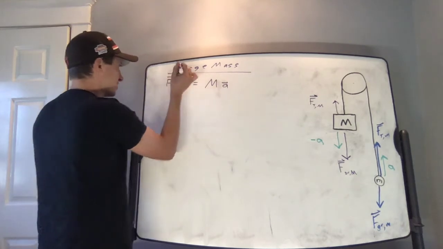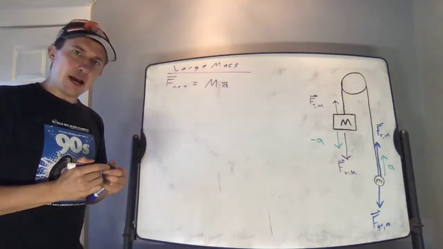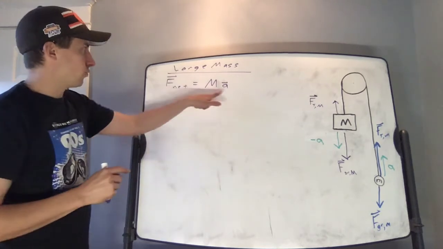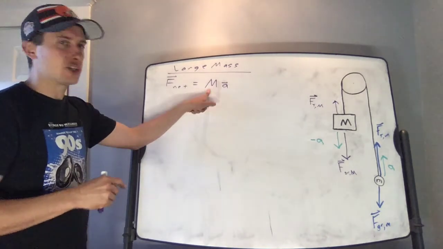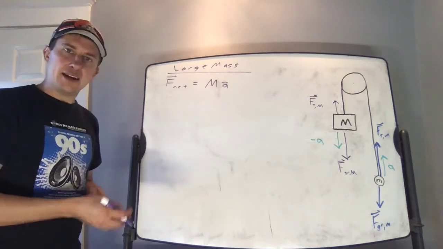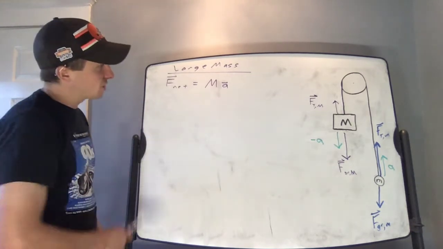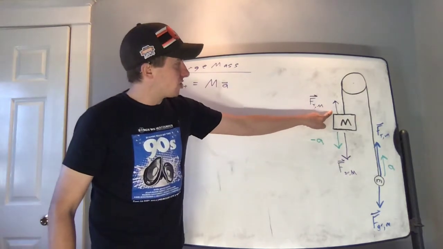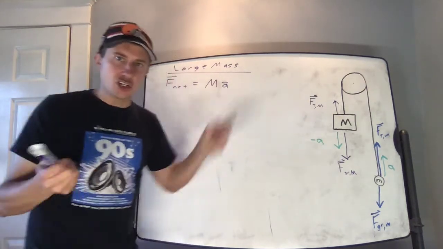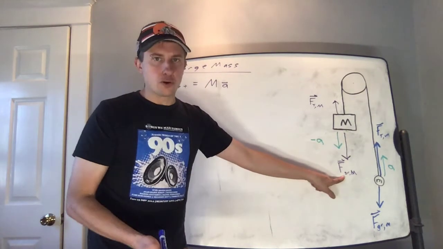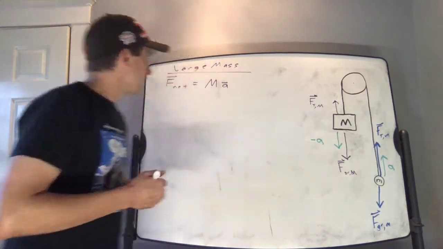I'm going to draw these as vectors. And now what I'm going to do is write in the terms for F net, write in the terms for acceleration and the large mass, and I'm going to be very careful about including direction. So I look at this problem, the tension force is upward, so the tension force will be positive. The gravity force will be downward, so that will be something negative. So